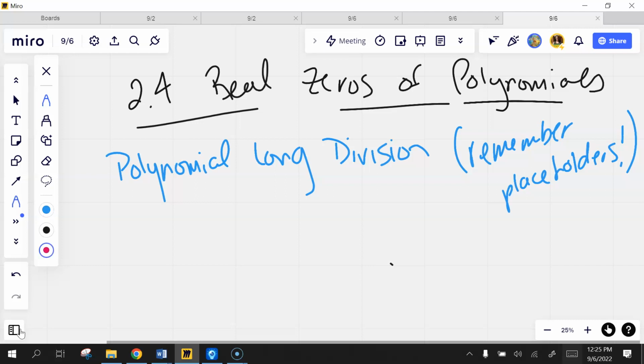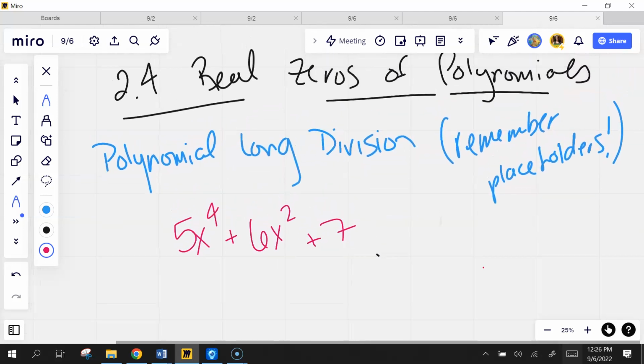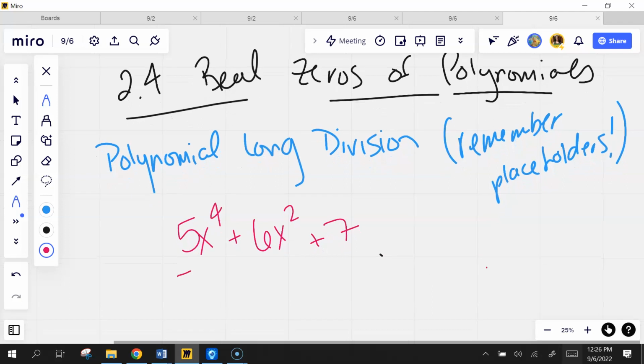If I have something like 5x to the 4th plus 6x squared plus 7, I'm missing some things there, right? I start with the highest power and I work my way down. So to hold the place, I'd need something that holds the place of the powers of 3. I've got the power of 2, and then I need something that holds the place of the x, and then